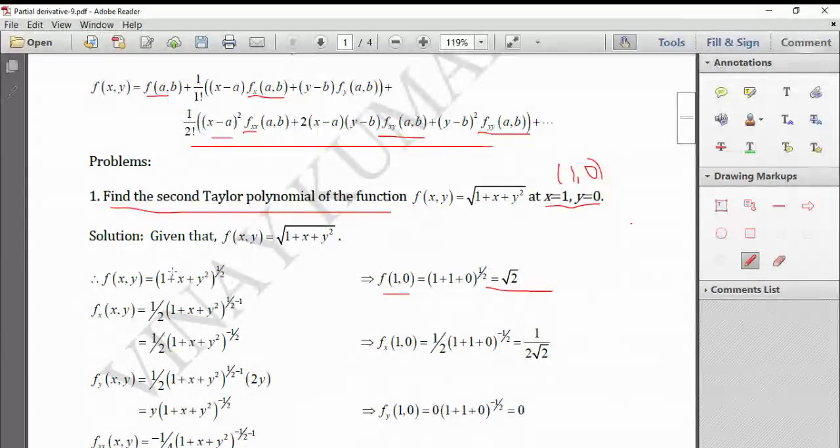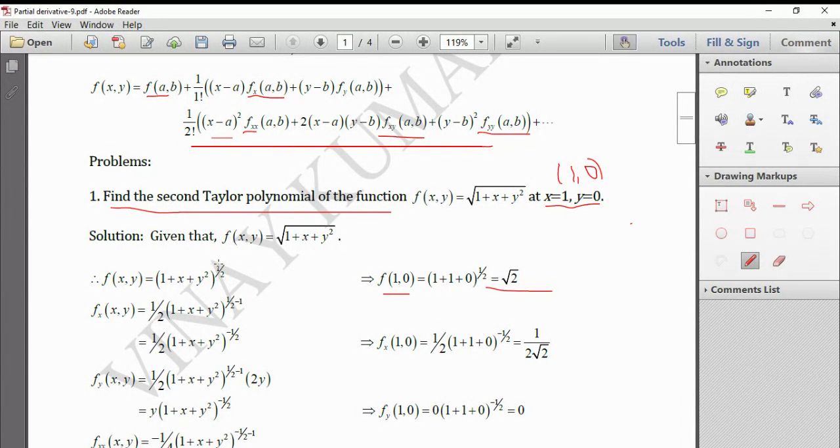So you have to take all of this as one term. This term includes x, so I have to differentiate assuming that this is x to the power of some number. What is the derivative of x to the power of n? n into x to the power of n minus 1. By that formula, this will be half into (1 plus x plus y square) whole to the power of half